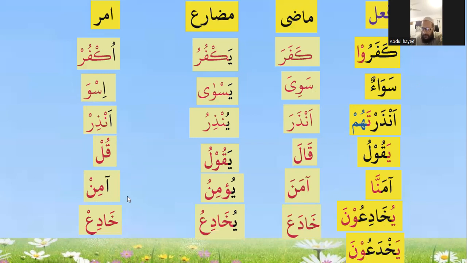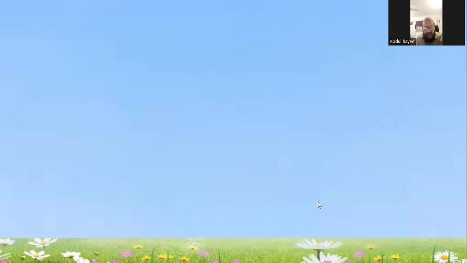Madi mudari Amar. خدع يخادع خادع. Look, again, khada is four letters. So, mudare has taken the dhamma. But the an kalma has taken kasra because it's maruf. And here the first letter has taken fatha because it's the fourth letter. So, khade. And the presence of khade telling it's not a majhul. Yakhduna, yes. Khada, yakhda, ikhda.